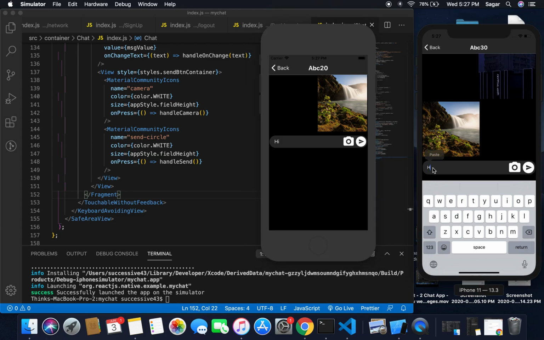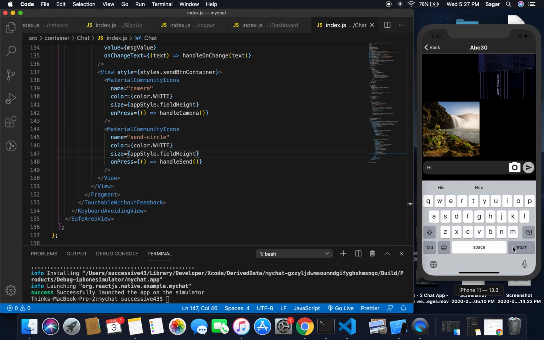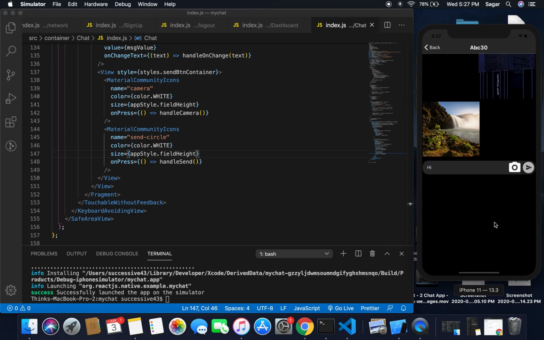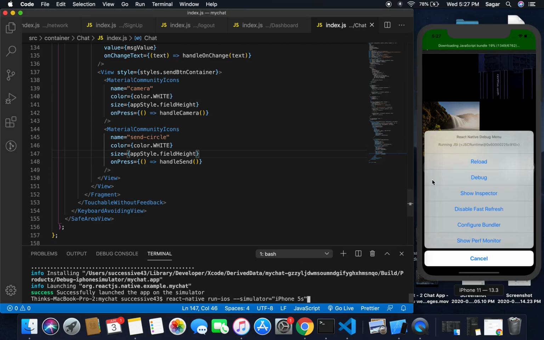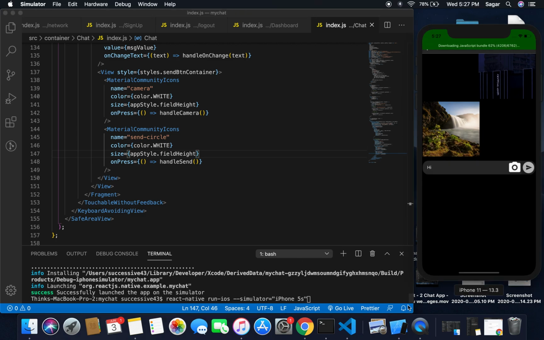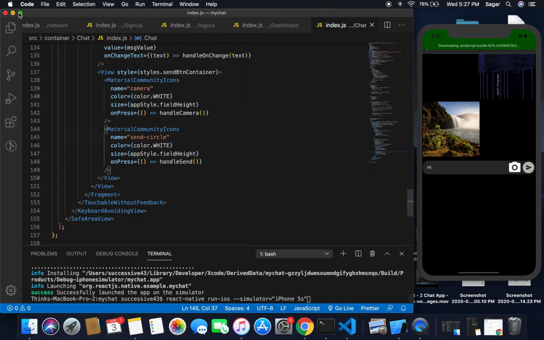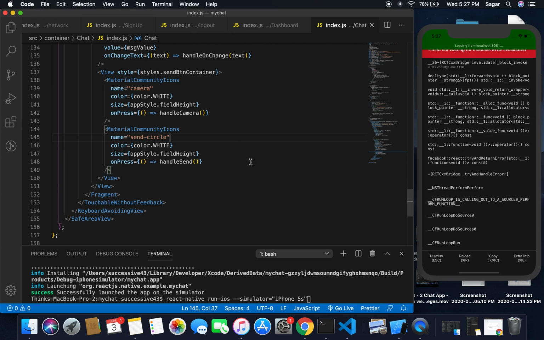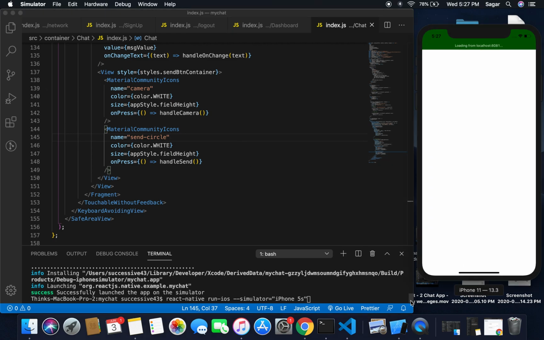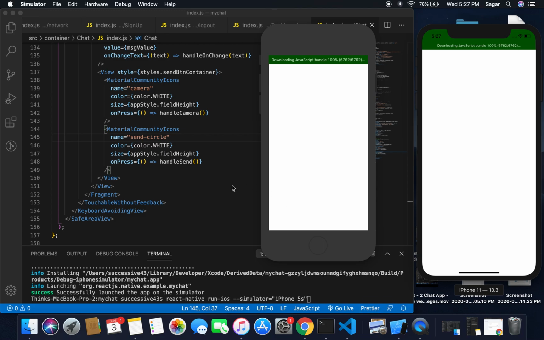I think it's stuck there. Why is our home send not working? I think I need to reload the application once. I need to reload it, and I need to reload it as well. So we'll wait till it's reloading both of the simulators. I think the change has not